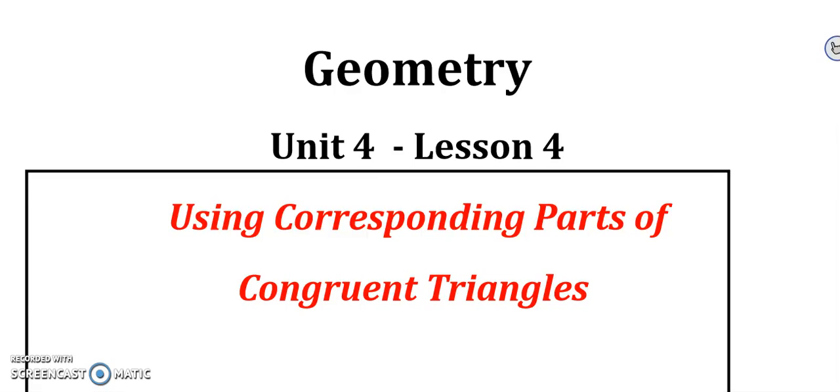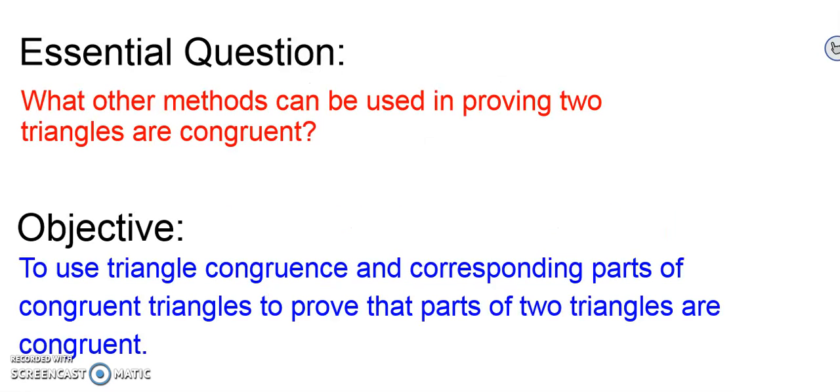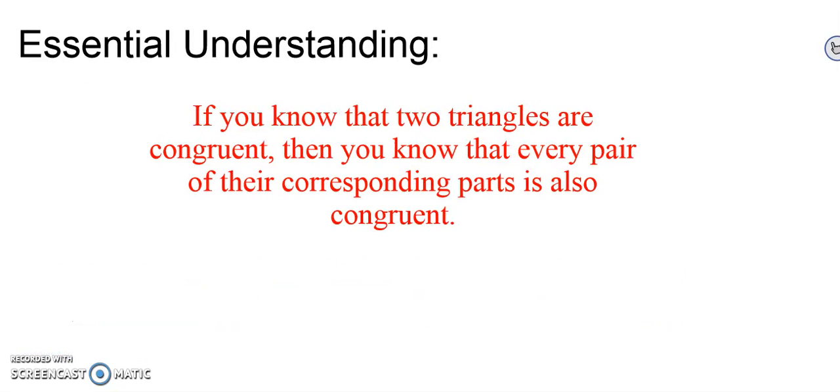Rizzy coming at you with Unit 4, Lesson 4, using corresponding parts of congruent triangles. Our essential question is what other methods can be used in proving two triangles are congruent? And our objective is to use triangle congruence and corresponding parts of congruent triangles to prove that parts of two triangles are congruent. So if you know that two triangles are congruent, then you know that every pair of their corresponding parts is also congruent, otherwise known as CPCTC,